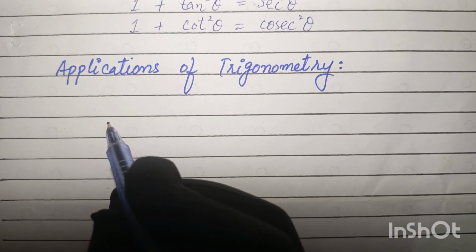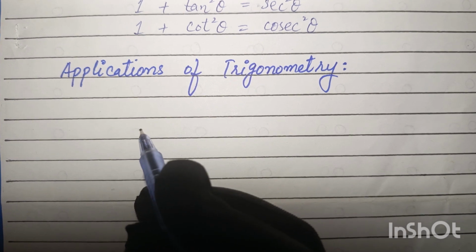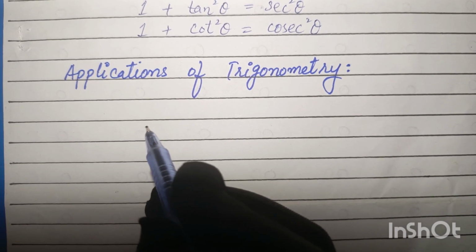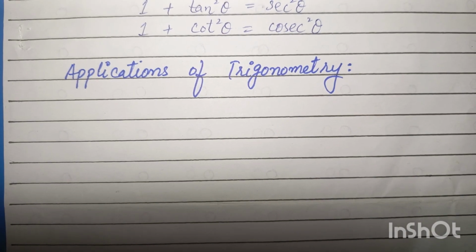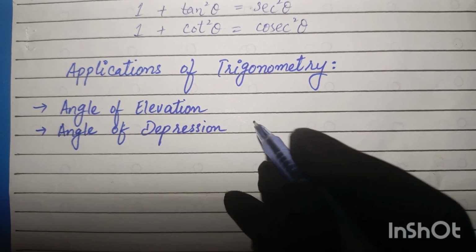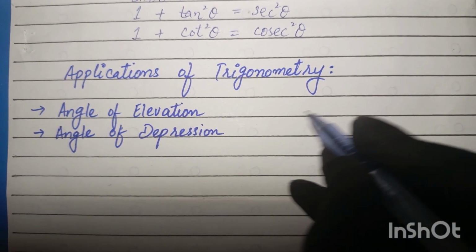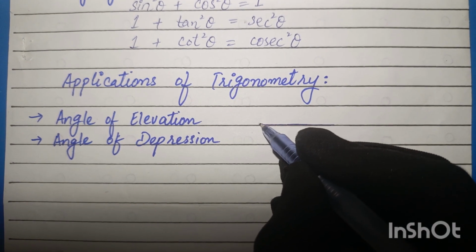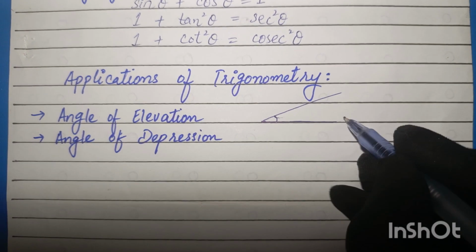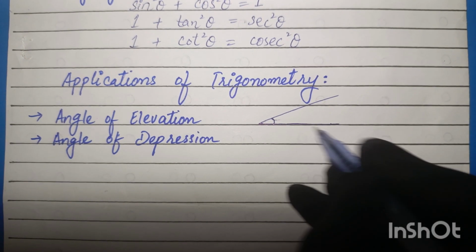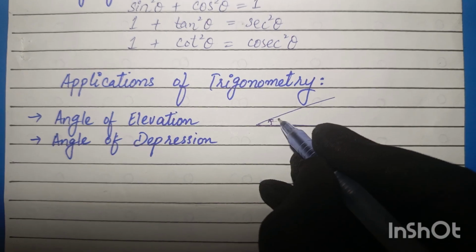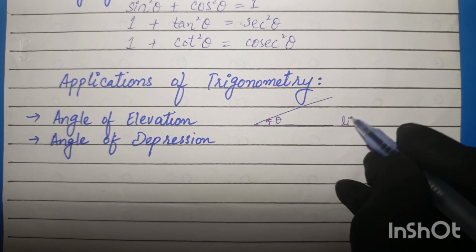Now here are some applications of trigonometry. Before studying the applications of trigonometry, we have to study the basic types of angles. Here are two types of angles: angle of elevation and angle of depression. Angle of elevation is basically the upper side of the line of sight. This reference line from which we measure the angle is known as the line of sight,